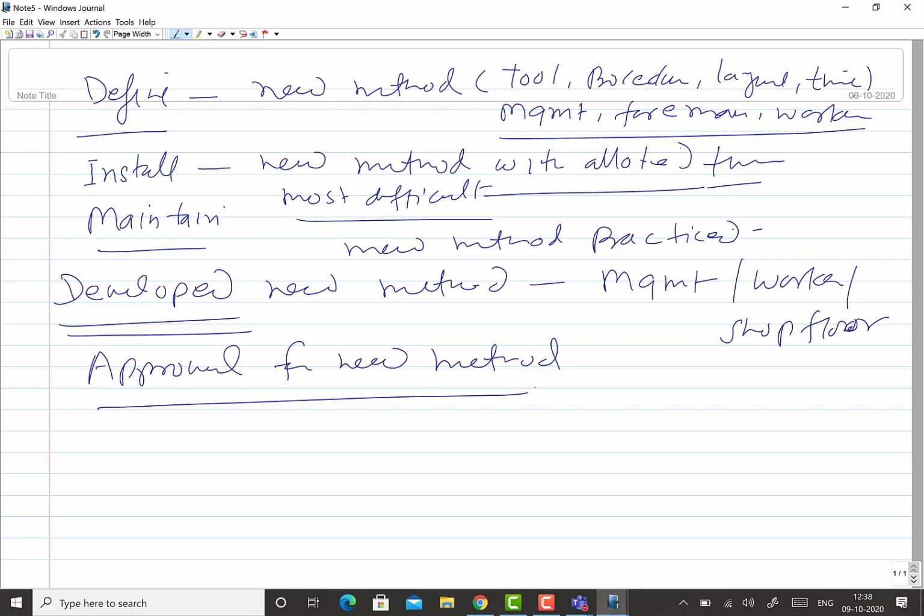So approval for new methods are very important, and these of course will be given by the management or the works department. Okay, so the approvals are not that easy, because unless you really show a lot of convincing analysis and the observations of the study, people won't accept it. So what is to be done to make a strong case